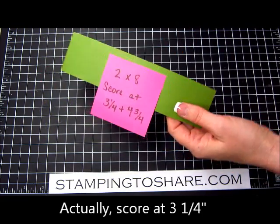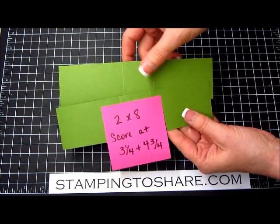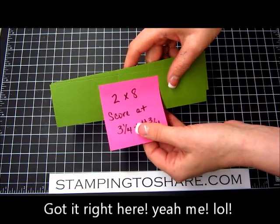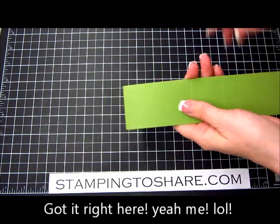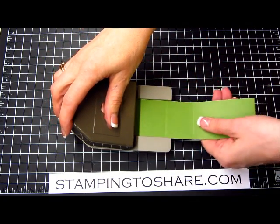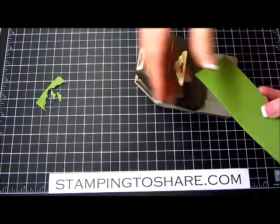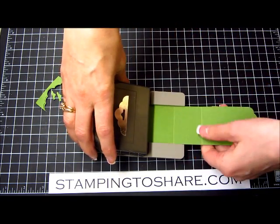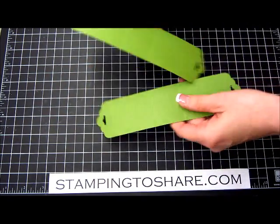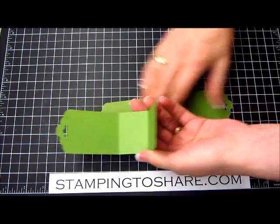And I am going to use 2 pieces because we're going to create 2 of these treat holders at one time. So again, I've got them 2 by 8 scored at 3 1/4 by 4 3/4. And then because the paper is lightweight enough, and this is a real heavy duty punch, we are just going to insert it in here and punch both at the same time. So there's the first punch, and here is the second. So now all we need to do is fold these lines that we have pre-scored,